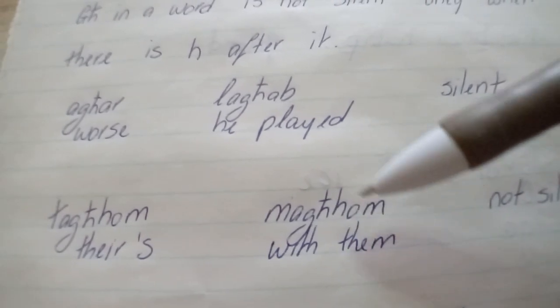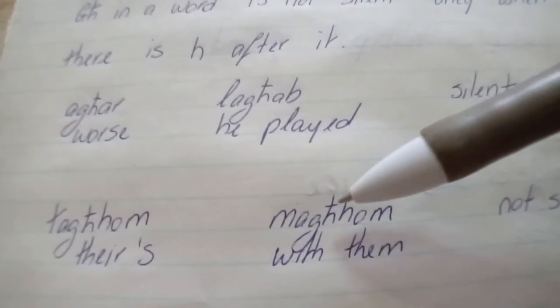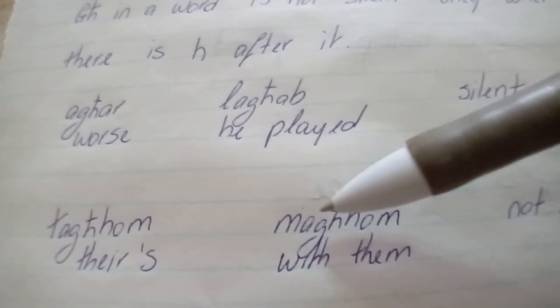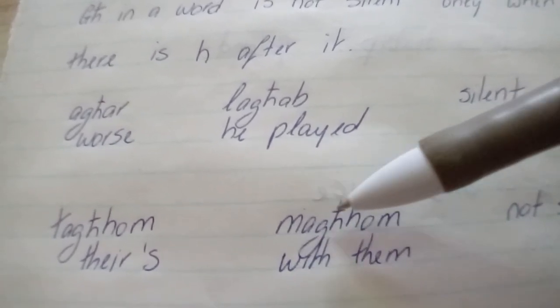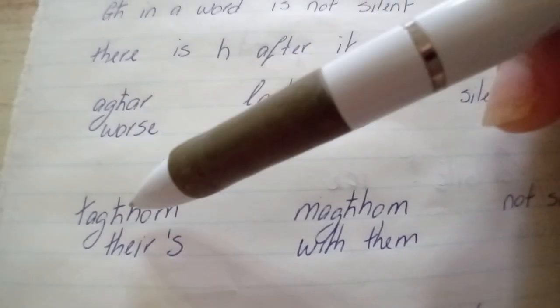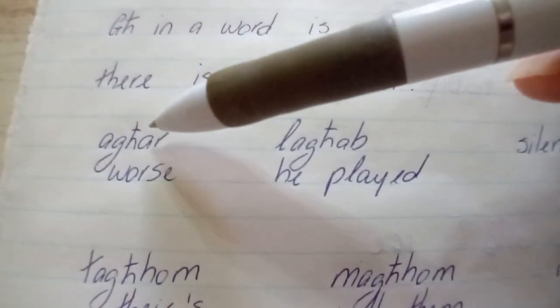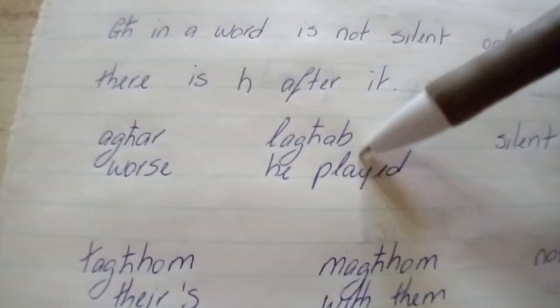Tachom, or mahom, with them. As you can hear, I'm saying mahom. You can hear an H. Mahom. Tahom. It's not silent because it has an akka after it. So it's not silent. Here it's silent in the middle of the word because it doesn't have an akka after it. Lab,